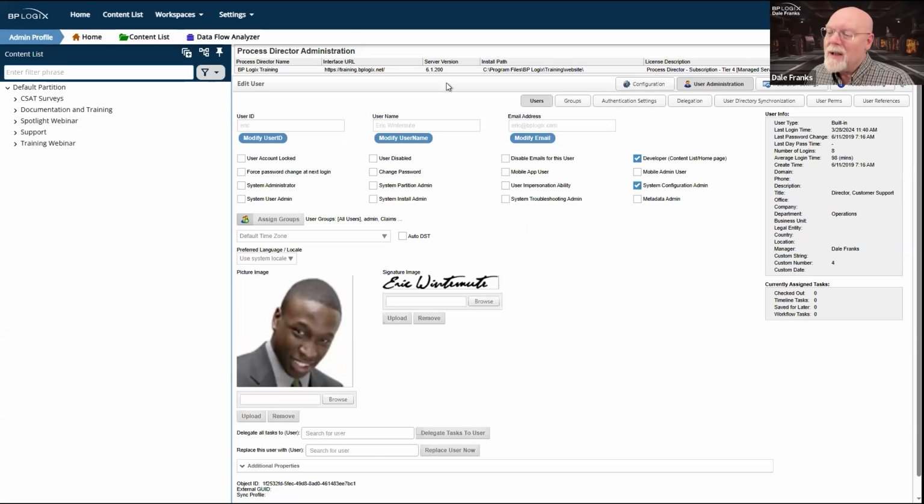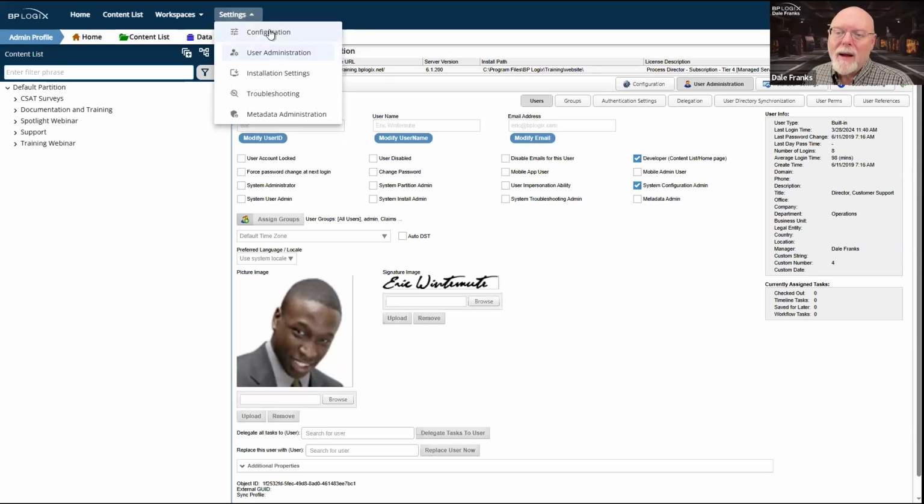Actually, in the new UI, they'll just see configuration show up in the settings menu. That will happen to them automatically. Sorry, mine is still back in version 5. In version 6, we take care of this for you. You don't have to configure anything. They'll automatically see the settings menu. The only thing they'll be able to access is the configuration menu item. None of this other stuff will show up for them.